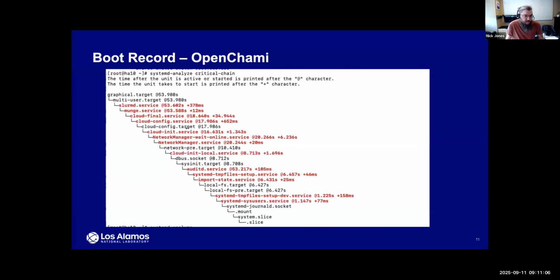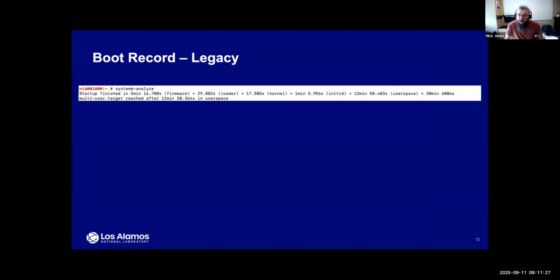But overall, you can see, right, 53 seconds, and then this plus the pivot root. So when you're in initrd slice, this is, I think, before your pivot root over to your main kernel. So there's a bit of time down below this, right, before we're tracking there. But point being, we're talking a time scale of a minute, right? Our legacy systems look like this. So they are 20 minutes, and you can see there's quite a bit in